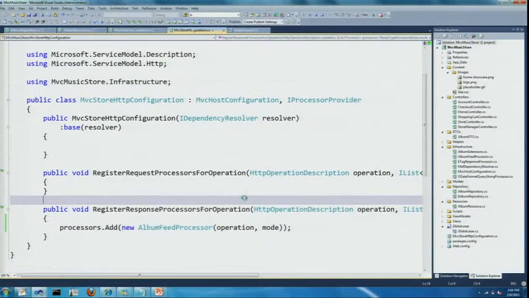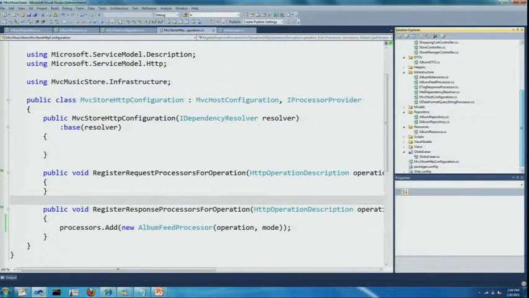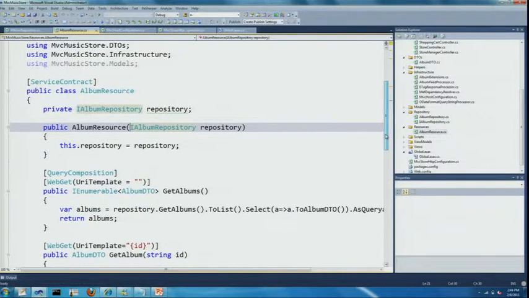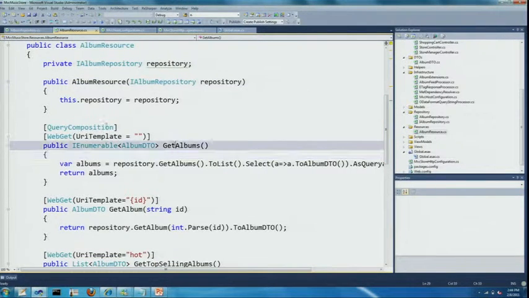So one of the things we're focused on in our web APIs is what we're calling query composition. So if we look at my album resource, here, you see that I have this GetAlbums, which is returning an IEnumerable of AlbumDTO. So I'm returning a DTO, I'm not returning an entity. I've annotated it with query composition.